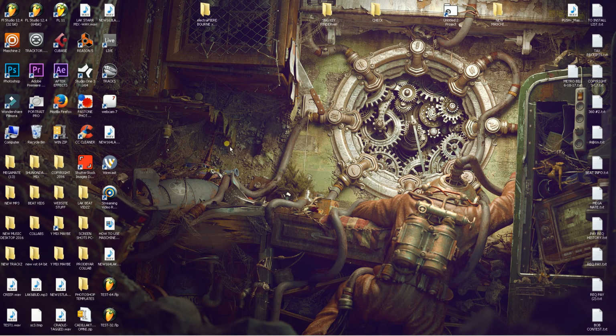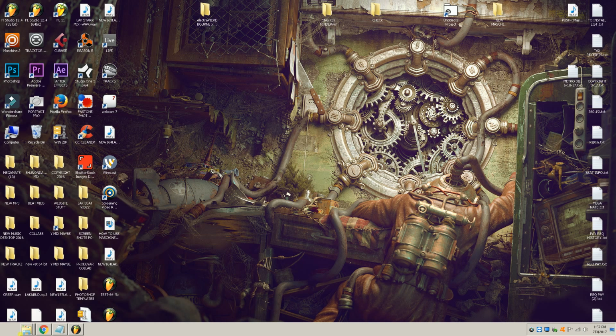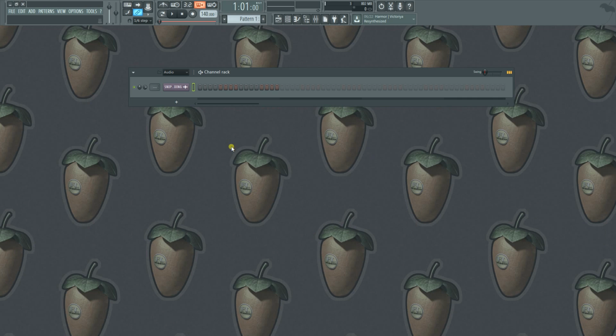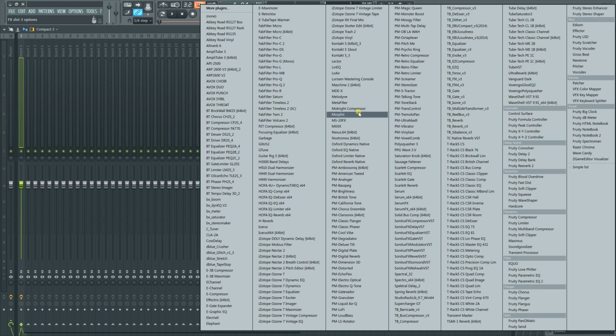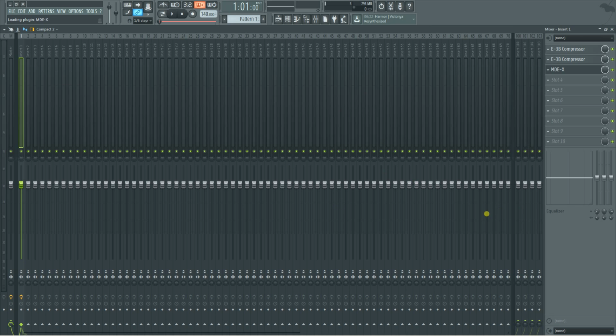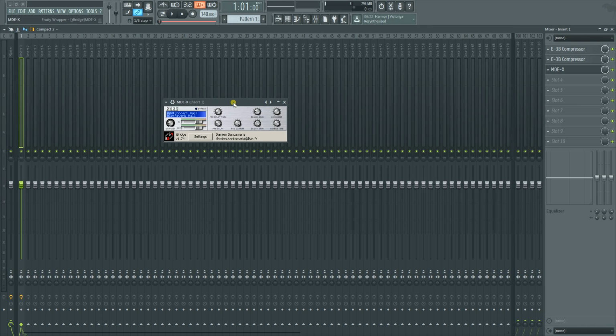I didn't have it for a long time. I just got it back the other day, and now I'm able to open up my favorite plugin I grew up using, which is this MDX. This thing came out maybe 15 years ago. Can't load it up in 64-bit. Fruity Loops won't bridge it. It'll bridge some plugins. It won't bridge others. And when it does bridge a plugin,